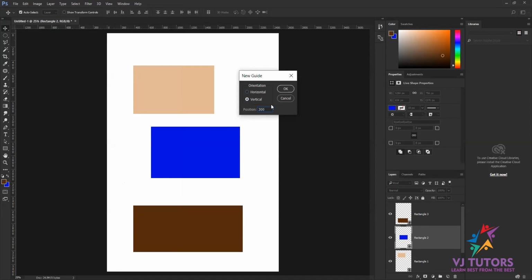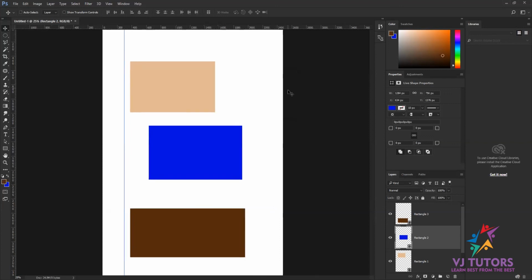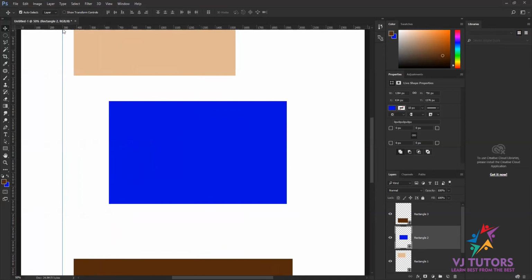On 300 pixels, I want a guide. The unit must be there, so please check the unit before you are working. So press OK. It'll give me a guideline on that particular point, that is 300 pixels. If I zoom in, you can see I have a guideline on 300 pixels.